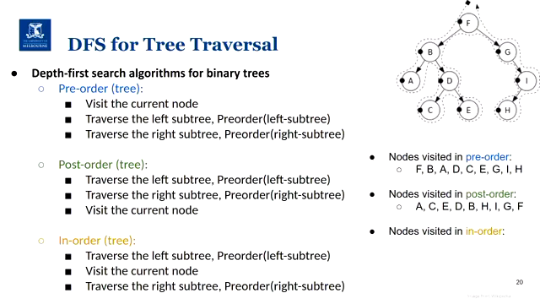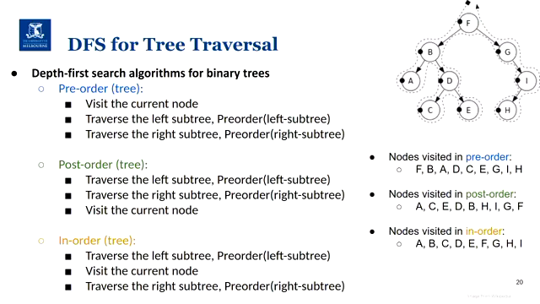Which is the first one? A as well. So in-order will be the following. I first try left until I can't anymore. I can't. I visit. I go back. Once I have exhausted the left range, I visit B. Then go right. Then go left. Can't go anymore. Visit. I've already gone back on the backtrack. I can't go any further on the left. Then I visit. Then go to E. And this will return. Once I reach this point, backtracking from B to F, this left would have been exhausted, so I visit F.